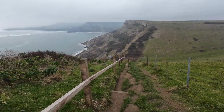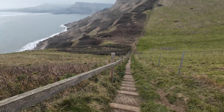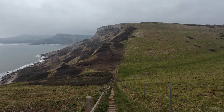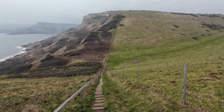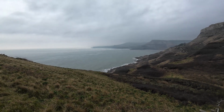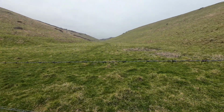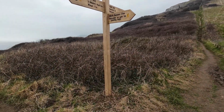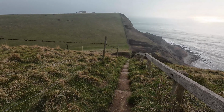See the signpost right at the bottom? Well, I've come down a lot of steps, but I've got just as many to go yet. Oh dear. And then all the way back up again. It might not look so bad on camera, but hellish. Dread to think how many steps there are. Bloody hell. There is always the cheat route. There, straight to the car park, avoiding the steps. But am I going to do that? No. Oh well, I made it,